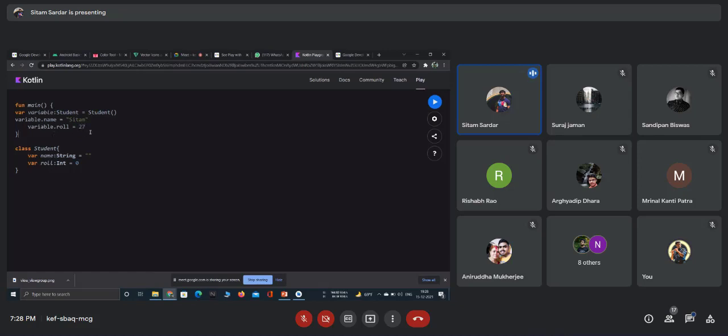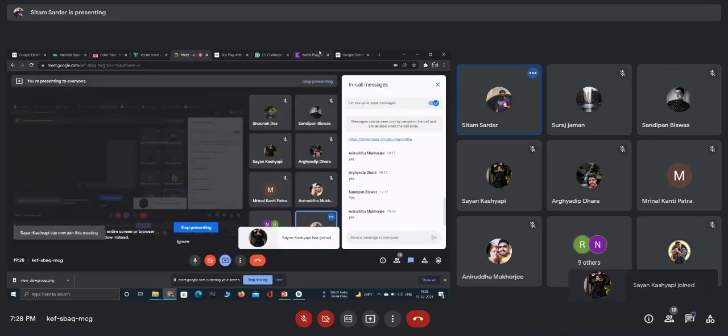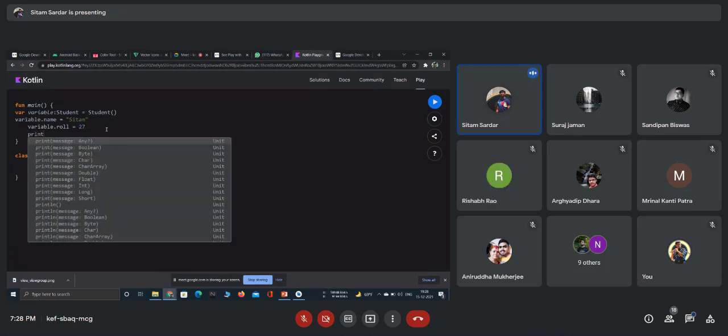So this is all about classes and objects. Okay. Now how can we print these things? That is very simple. To print anything in Kotlin, you need to use either the print or println function.